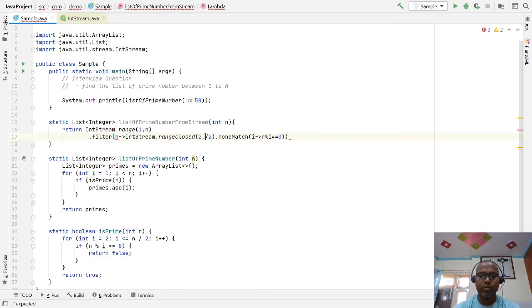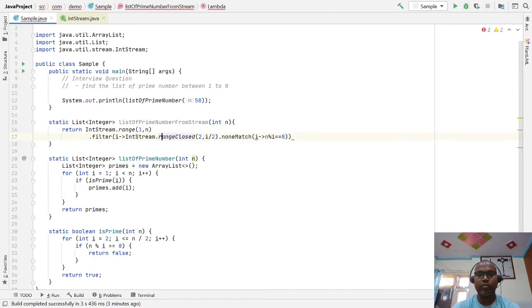Here this is the same variable, so I used another range with the name j, 1 to n. Here we have to use i by 2.